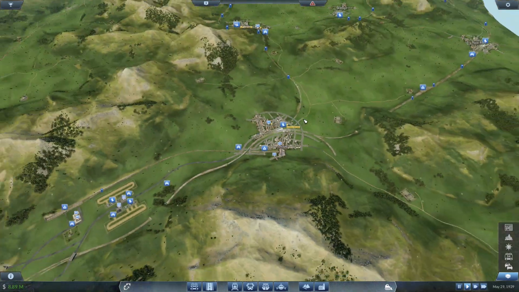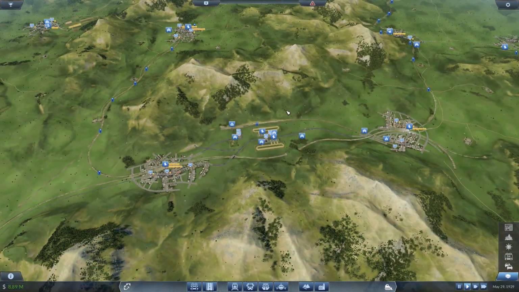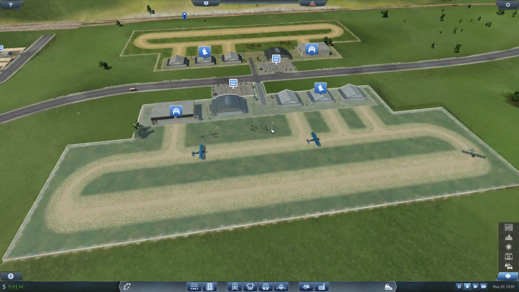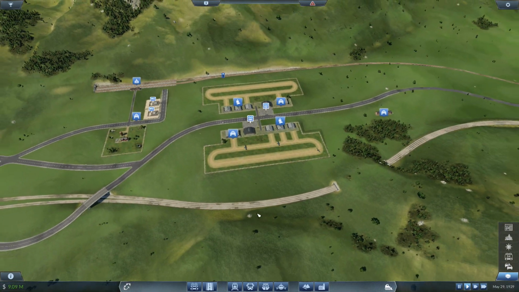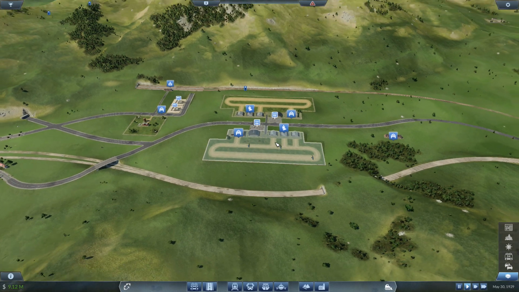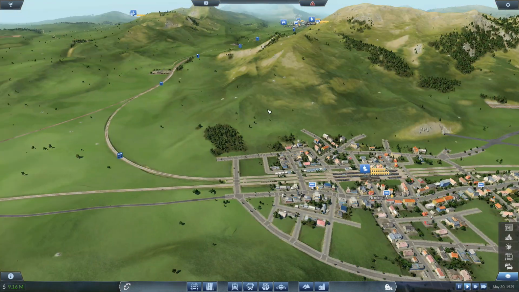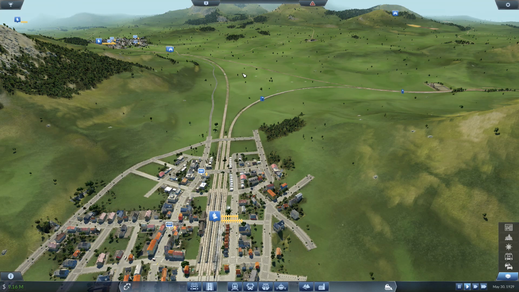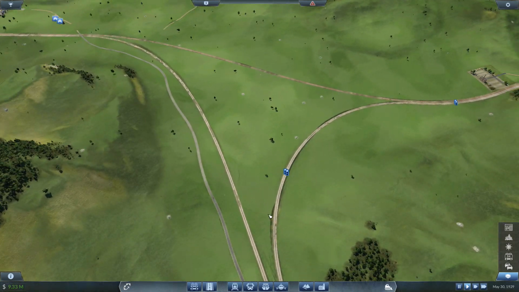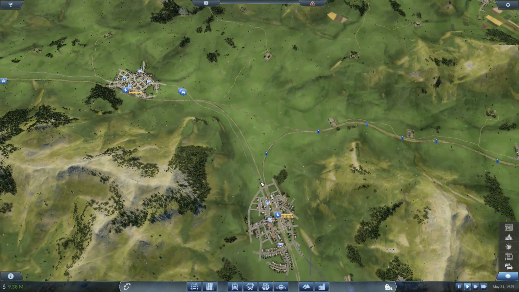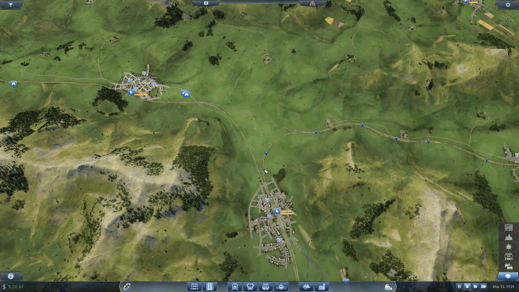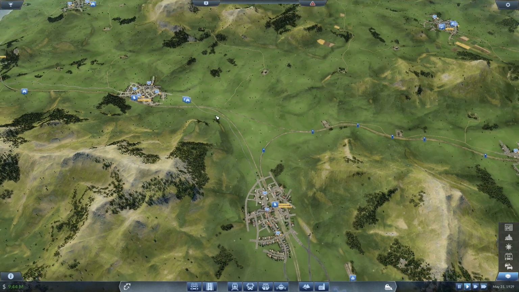That should be that. We should see some action. Maybe by the end of the year we'll get some passengers here. This has been changed a bit as well. This junction here, I made it a bit smoother. Same in here. So yeah,